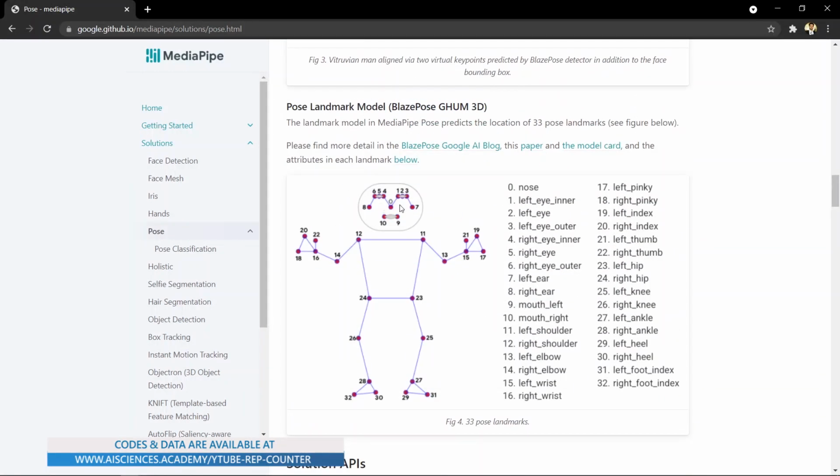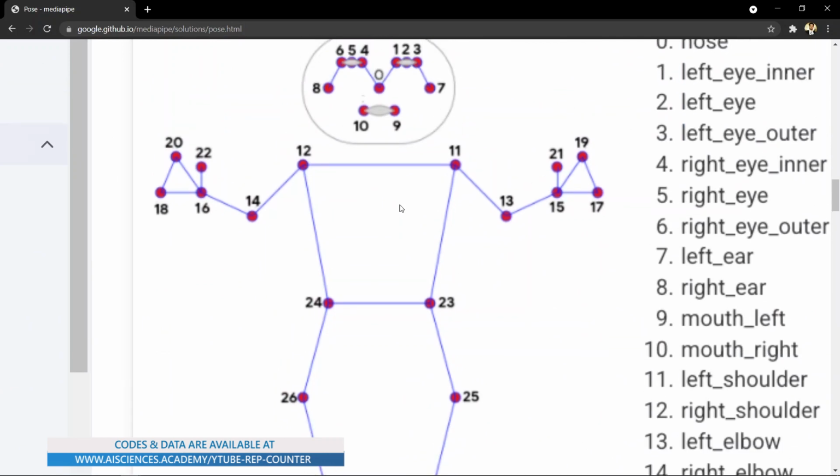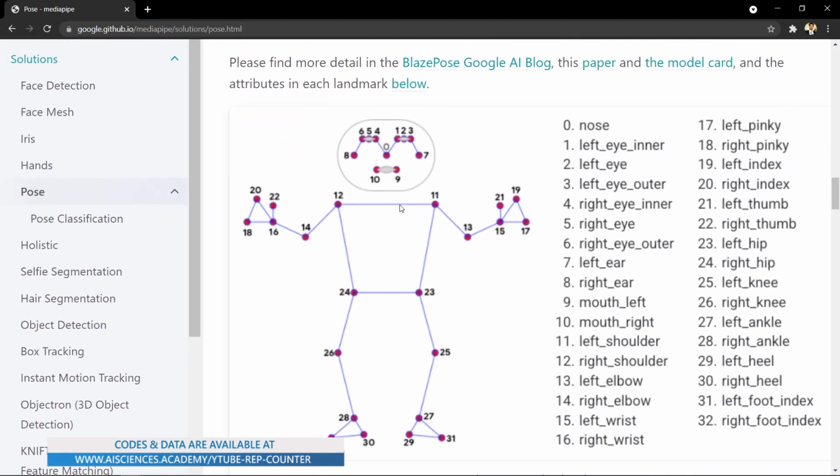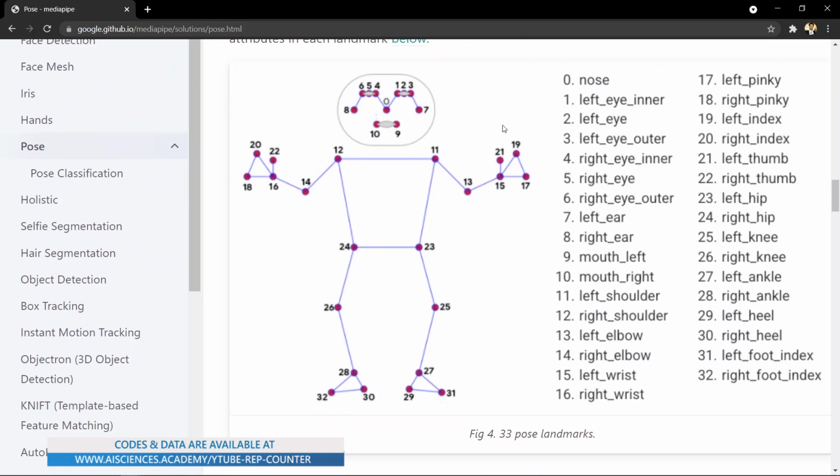What this library will do is take an image or a video as input, and then it will decide what the landmarks are, and then it will assign the landmarks on the body. So here you can see that 12 is assigned to this shoulder, 11 is assigned to this shoulder. For the waist, we are using 24 and 23. Then for the wrist, we are using this one, and for the lips, we are using 10 and 9. For the nose, it's 0 and all that stuff.